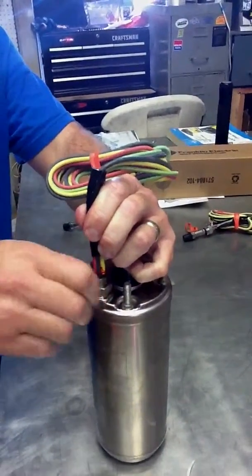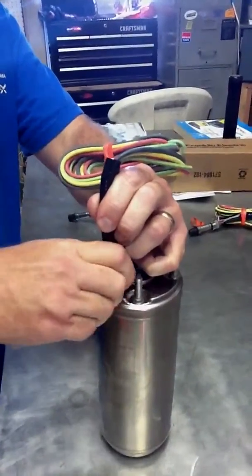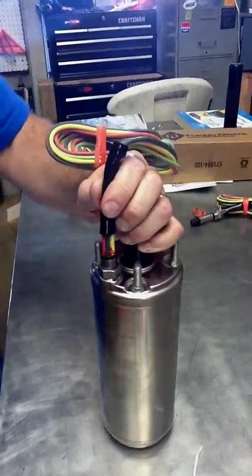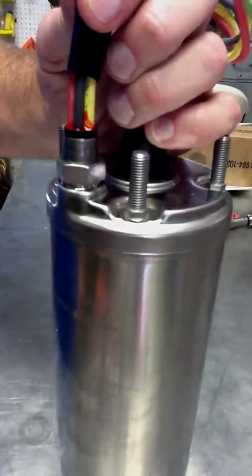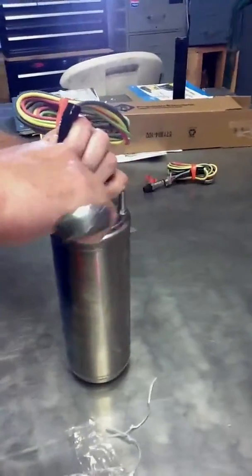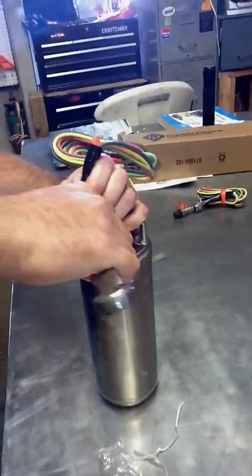And this thing goes in almost all the way with your fingers, and if it's not going in almost all the way with your fingers, there's an issue. That means you have it crooked, you don't have it seated properly, or it's cross-threaded. So then you can see what's left of the threads right there. There's not very much. Everything was threaded in there finger tight. Then you finish up with your wrench, and it's usually maybe 2, 3, 3.5, 4 turns,